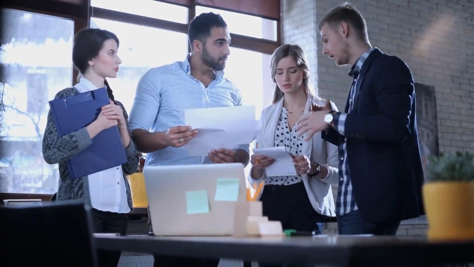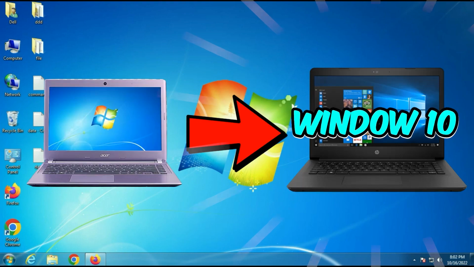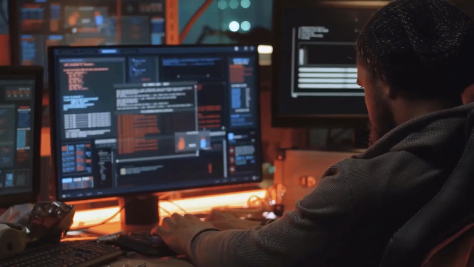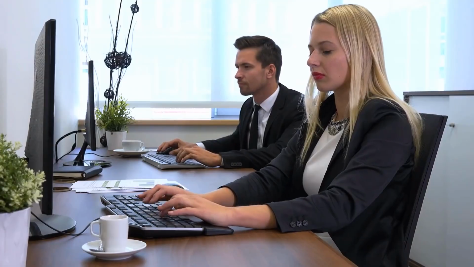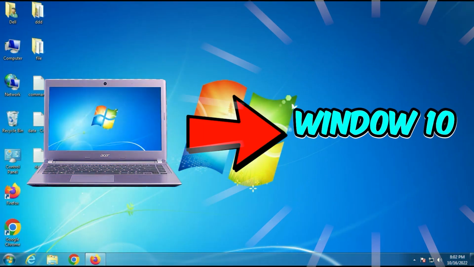Today, we are going to discuss how to upgrade from Windows 7 to Windows 10 without losing your precious data. And hey, if you've encountered a Media Creation Tool error, we'll fix that too. Let's dive in. So, if you're still rocking Windows 7 and want to make the jump to Windows 10, follow